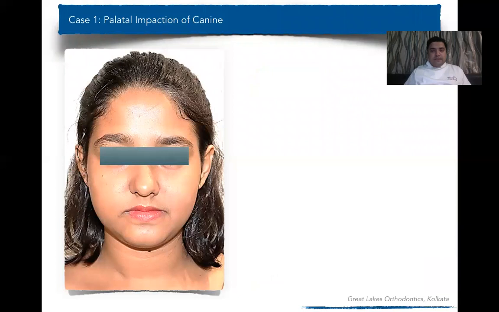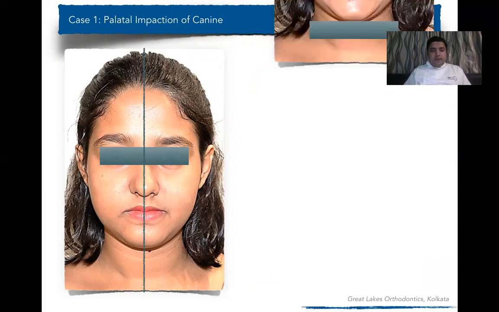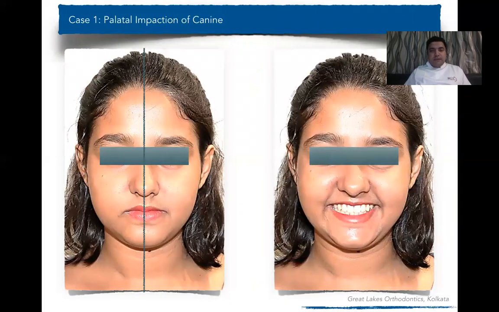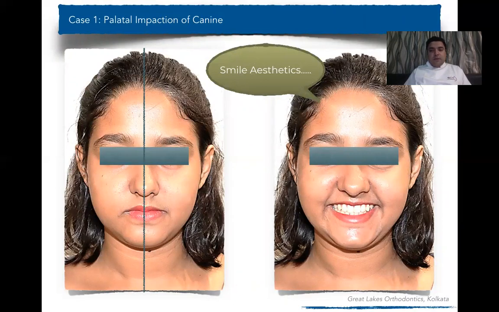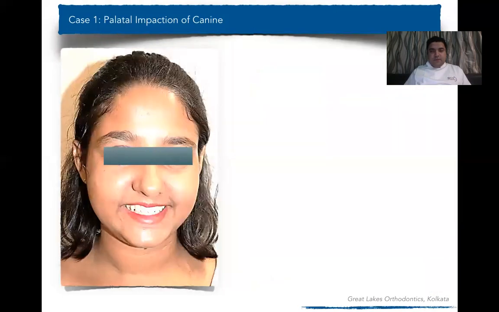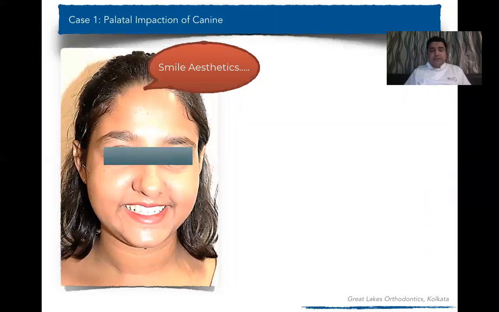So what's the net result? So post-treatment, we got this, the midlines are perfectly on. That's a beautiful smile that we got at the end of the day. So the smile aesthetics is you get a consonant smile arc with well-aligned upper and lower arches. So that's a good enough smile at the end of the treatment. So that's a 45-degree view, which also gives you an acknowledgement for the fact that the smile is sitting perfect.